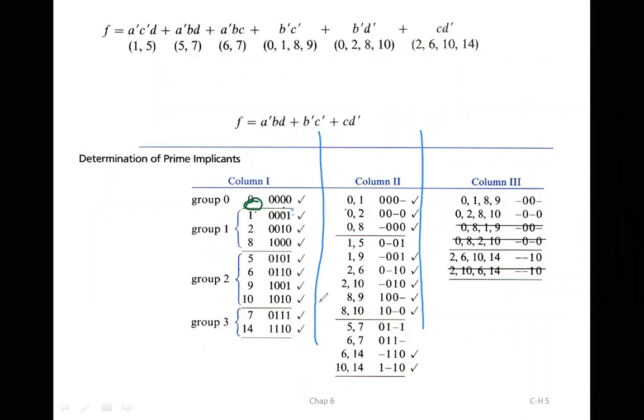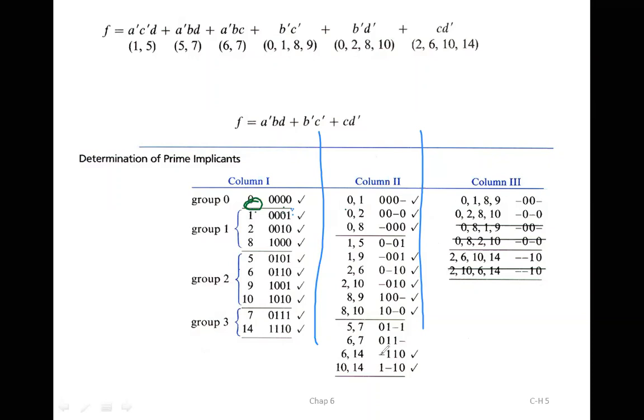I have to check it up. Then 9 I have to compare with 7, 9 I have to compare with 14. More bits are changing, so I cannot take it. Then 10 I have to compare with 7, more bits are changing, so I cannot take it. 2 bits are changing. So 10 if I compare with 14, 1 bit will change, so I have noted down.